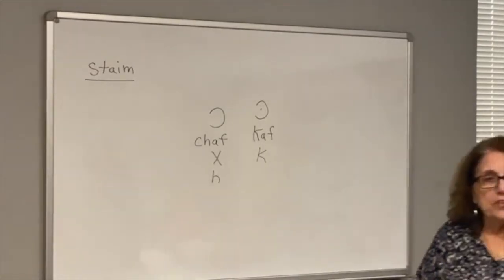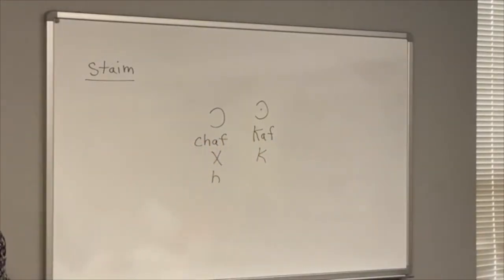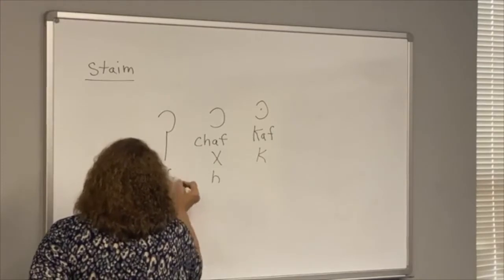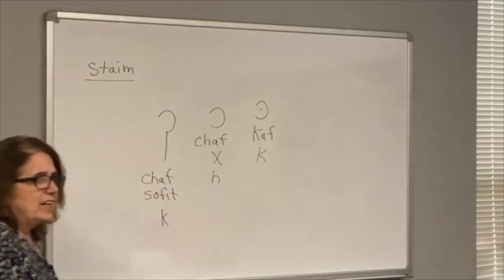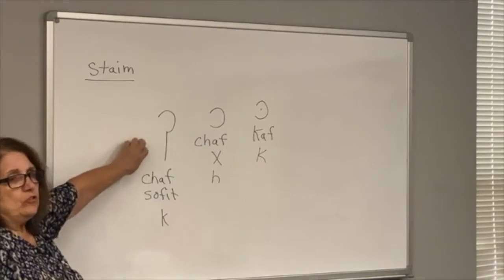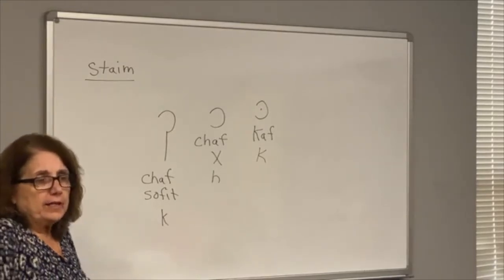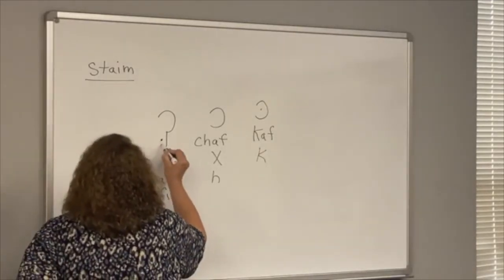But for the Sofit, we always use the K, and you'll see why when we get to Baruch. So the Kaf Sofit, we almost always use it as a K. All right. Now there's 2 ways they will write this. When it is an actual ending letter, like Baruch, it stops at the K. You will see the Shva